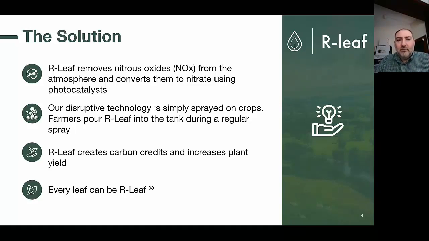And of course, as 30 days go on, some of that photocatalyst will be lost. We've actually recovered 80% after 6 weeks on the field, and we've done a lot of simulation work. We've got stickers to make sure that it stays on. Ideally, it's sprayed with other material because that helps, so as a tank mix where you've got fungicides and adjuvants, that supports the stickiness and spreading on the foliage. By no means do we want R-Leaf to be applied on its own or as a separate application, unless it has to be.